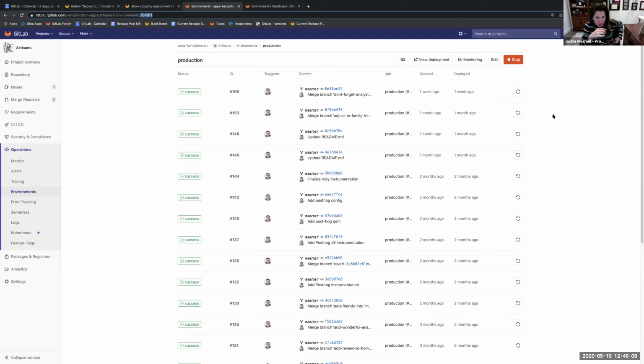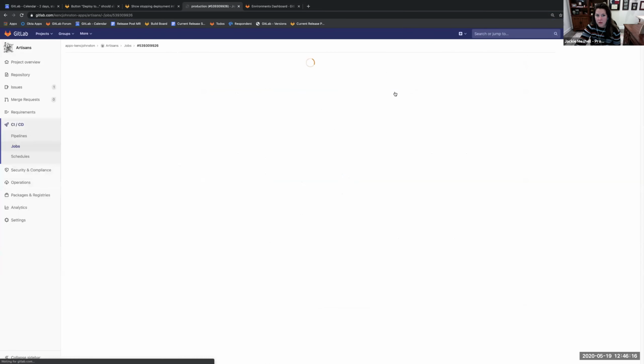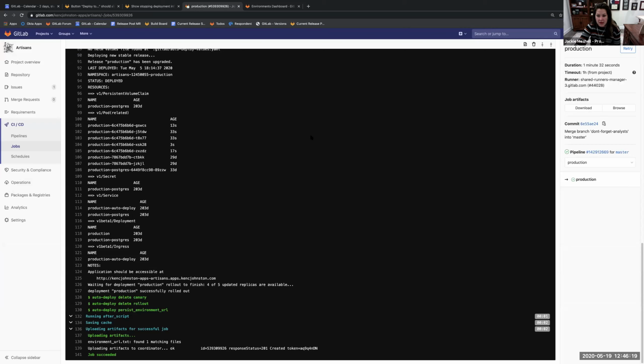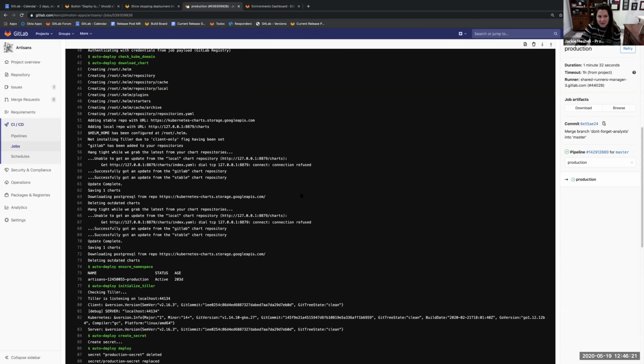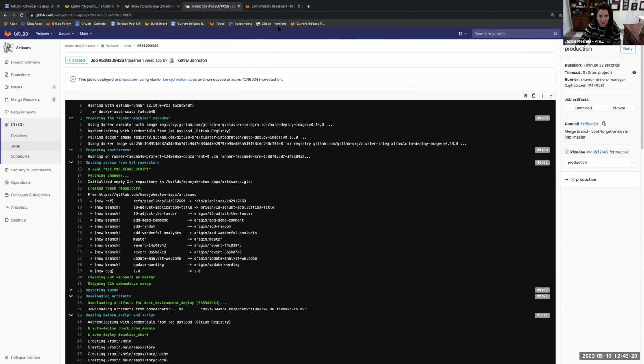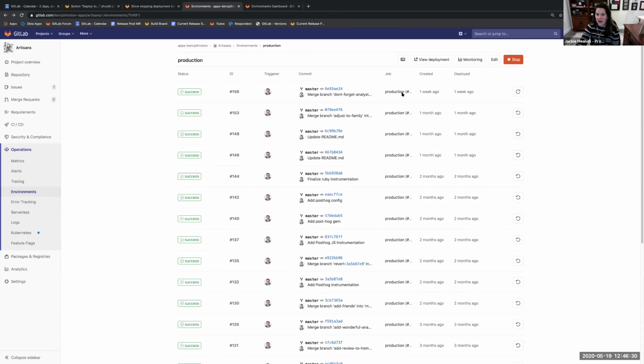We also had some other feedback on wanting to make the logs a little bit more discoverable from that view. So here it gives you a job and it's hyperlinked, but where does it go, right? Yeah. Like, do people know that they can click on that to see the logs? It might be more beneficial to have